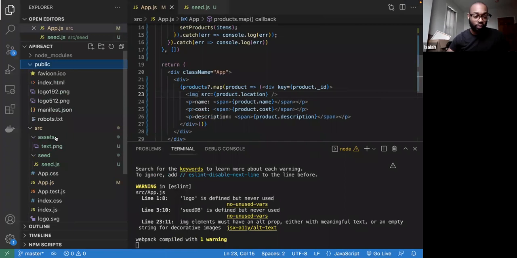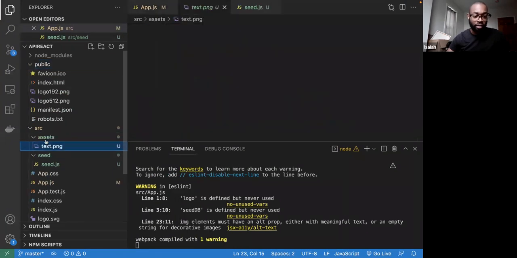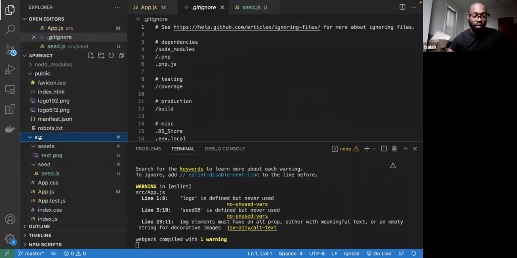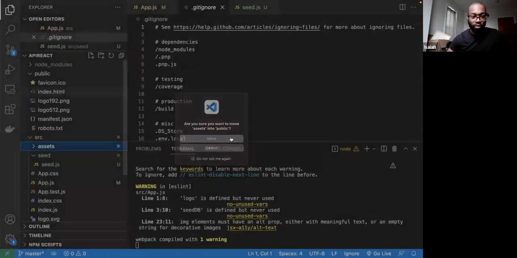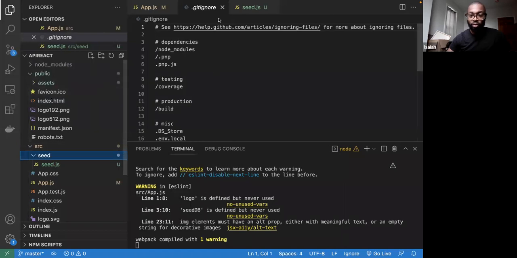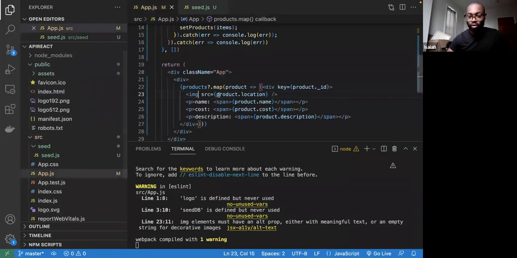All right, so all these assets, I'm going to remove this and put these assets into the public folder here. Let me see if this works. So it's there. Now when we go to reference it, I'm going to put it like this. We'll go up a directory and then we'll put the path. So this should actually look like